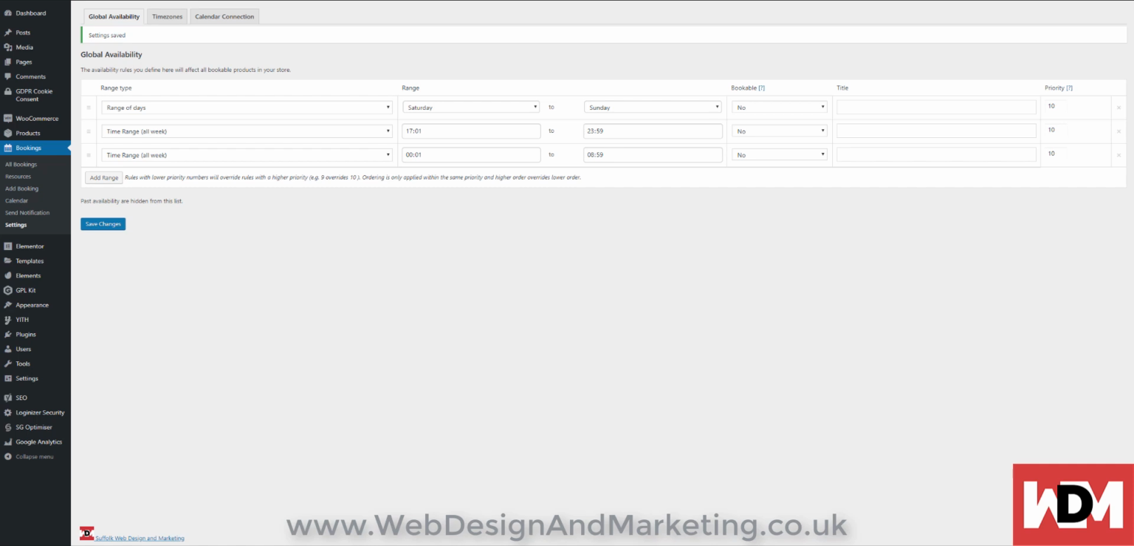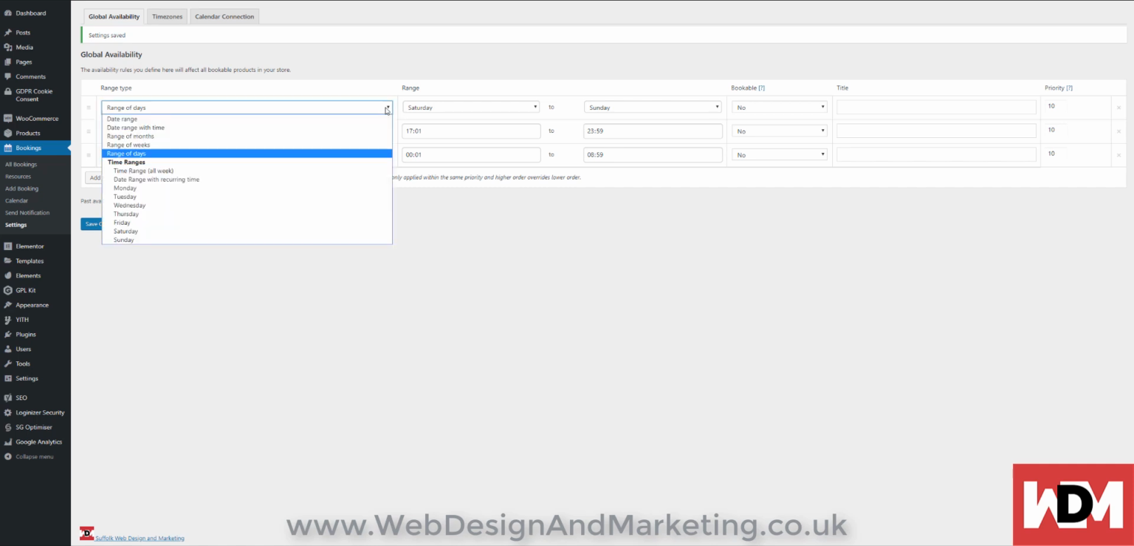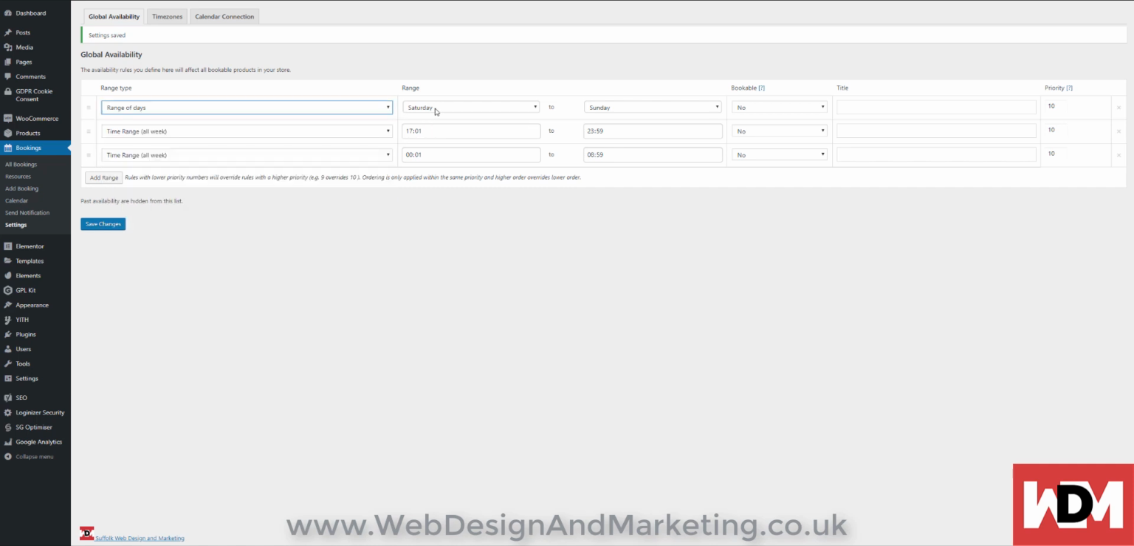So I have here 3 rules. I've selected a range of days from the drop-down menu, and on a Saturday and Sunday, we are not bookable. Now, because the system works in days, we need to say for the rest of that day, so the time range, and this is all week, between after 5 PM up to midnight, we are also not bookable. And for the rest of that night, from midnight up to 9 AM, we're also not bookable. So we'll save those changes